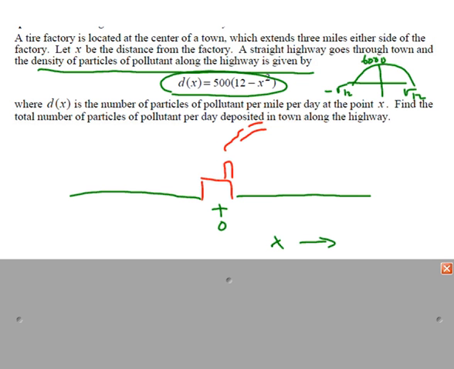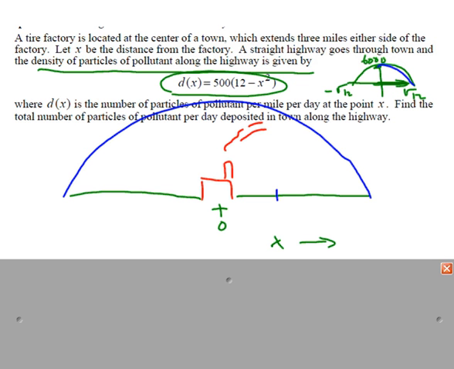So clearly, right next to the factory, the pollutants are the most dense, and then our pollutants drop off. As we go down, we're becoming less and less polluted. So the idea is, if this is our highway here, and we superimpose that pollutant graph on top,